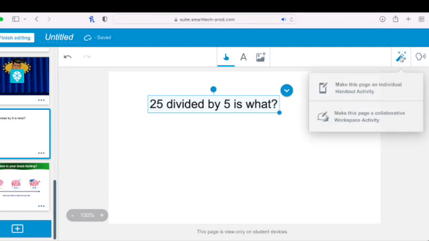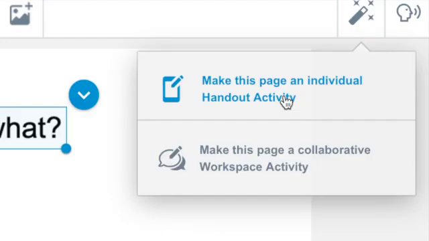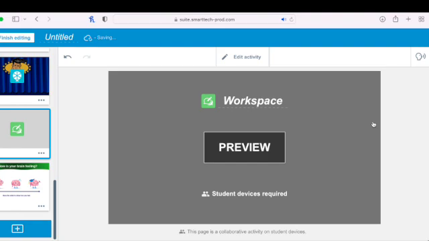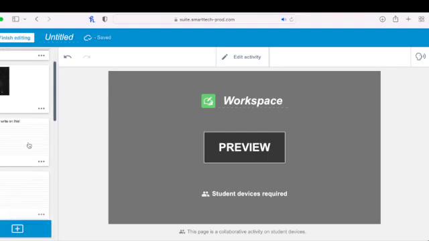Right now, I could choose to make this an individual handout. Now, an individual handout is kind of like what you would individually hand out yourself if you copied a worksheet on the copier and handed it out to the students, except this is digital. And they can hold it in the palm of their hands, in their phone, on their laptop, and do the work. Or this could be a collaborative workspace, which I just clicked on accidentally, but I could make this a collaborative workspace, and then the whole class could see it at the same time and they could work on it and write on it. All right, so that's all of these wonderful things that Lumio has to offer you,